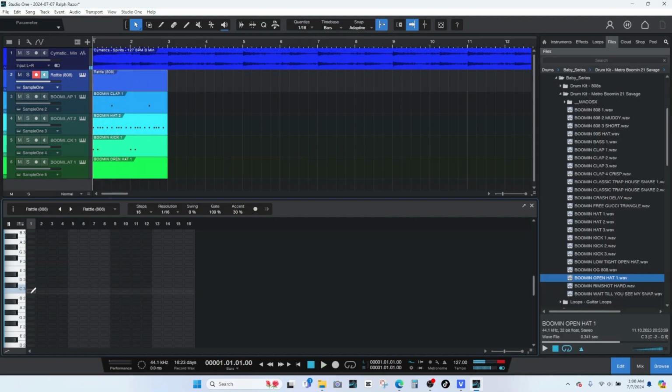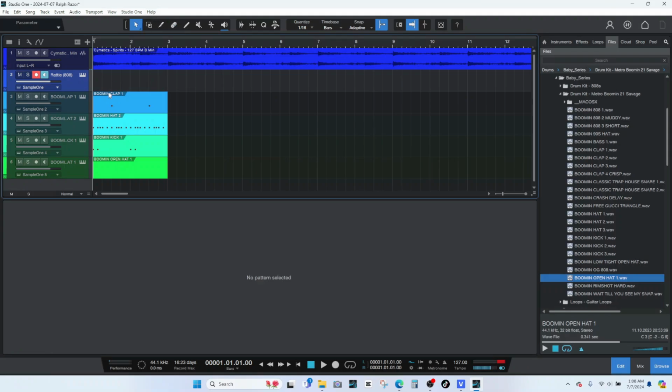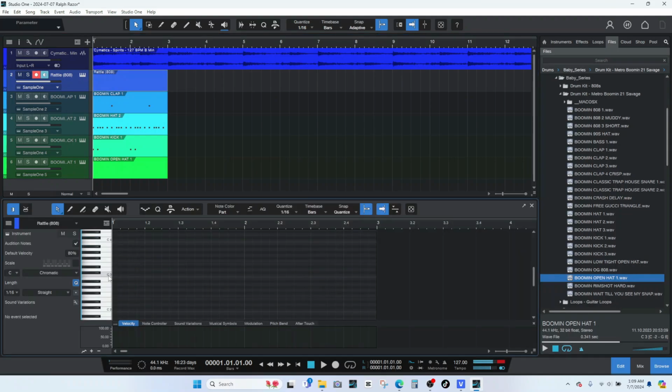Now, when it comes to the 808 stuff, I don't know if I necessarily want to use that as a pattern. The reason is because I want some extension on the notes. Now, I could have drug it out, but I did not. So we're going to double click that, and we're just going to have the regular piano stuff, because then I can just say